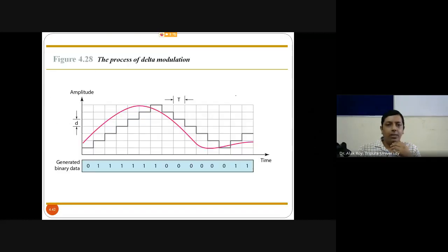So what I have covered up to now is all about PCM, pulse code modulation, where I have covered encoding and decoding. The second topic is delta modulation, that is topic number 2. Here you will have one analog signal, and now you have to convert it into binary bits. How to do that?